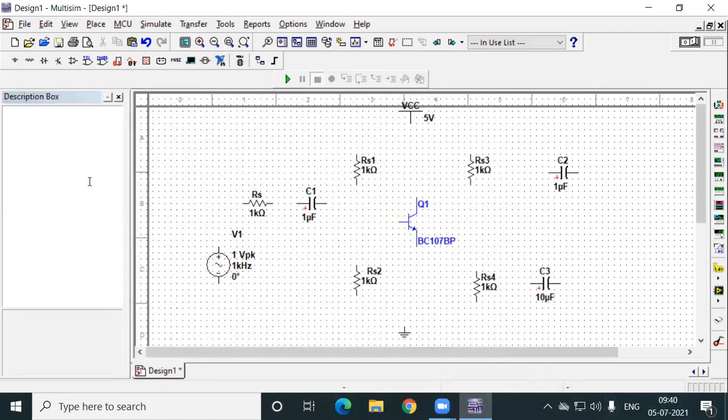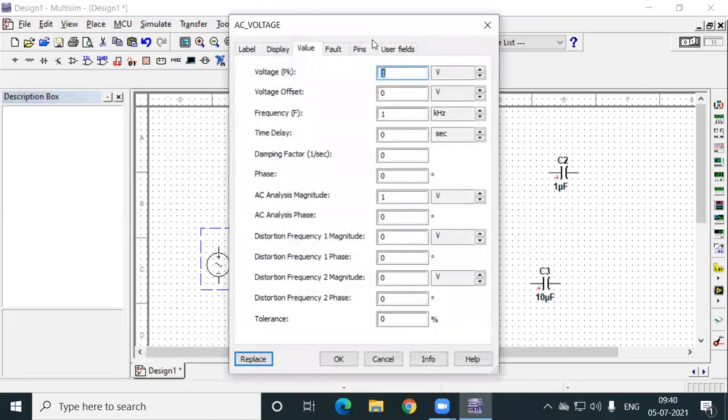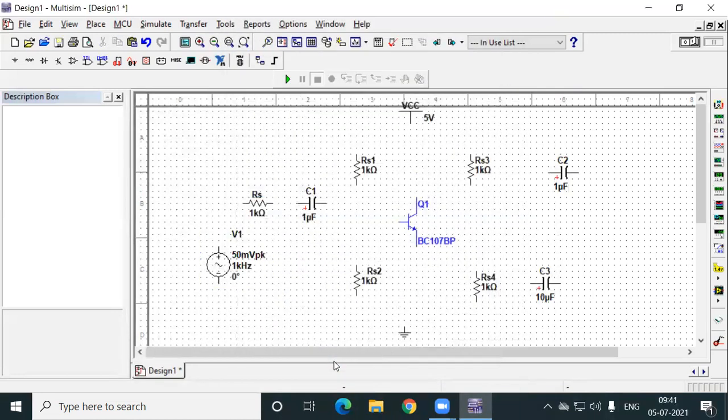Now the next step is I'm changing the values and the names of all these resistances. First, I'm changing the value of my input voltage. I have given 50 millivolts. So I will change it. Say okay. RS, this name, 1K. This is C1S.